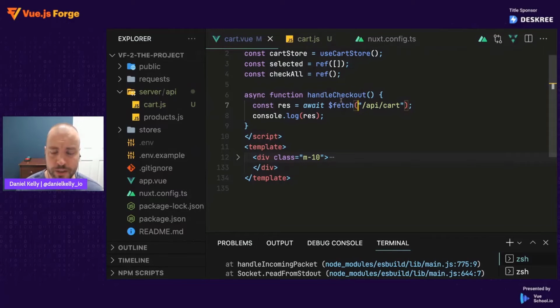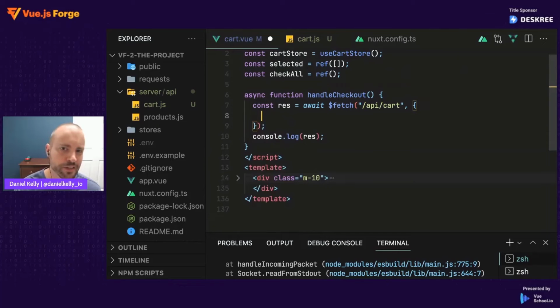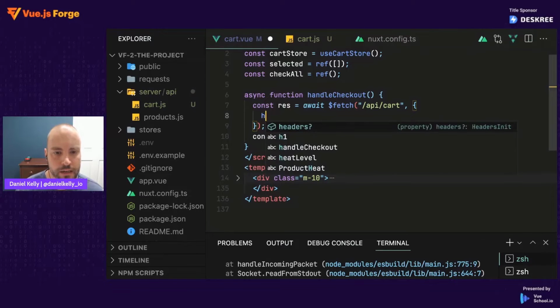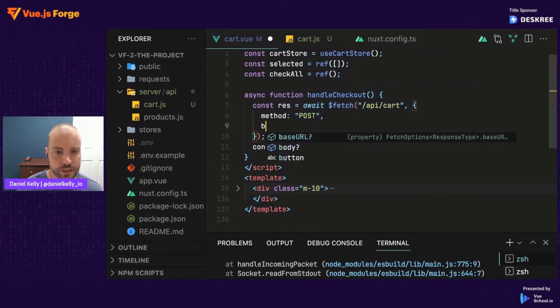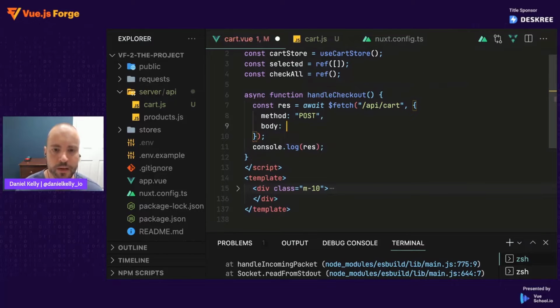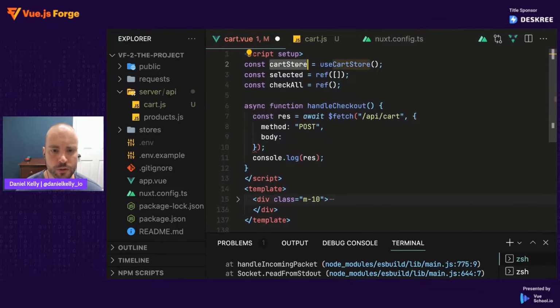So what I'm going to do here is add an option to fetch. This interface is just the same as the normal fetch for your browser. I'm going to add the method option, right? So we'll say method is going to be post, and then we want to send in our body. We want to send all of those IDs. Okay. So I have in my cart store,